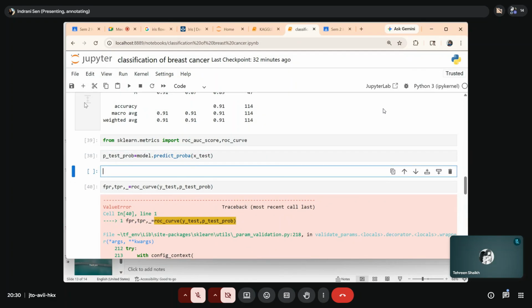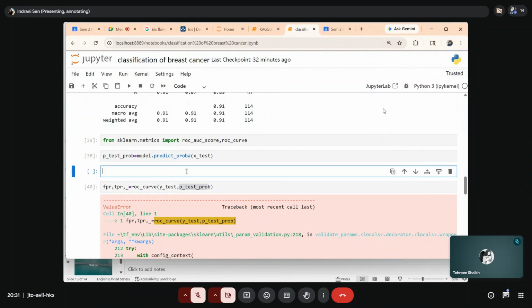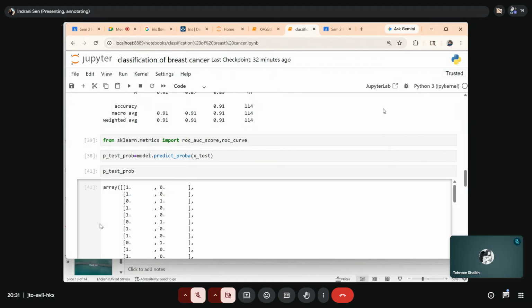Okay, so Y test proba is actually an array which consists of two-dimensional data, I mean two columns. I need only one column from here. Either of these, so you can just write